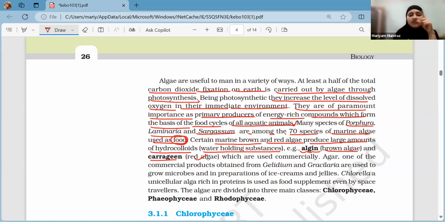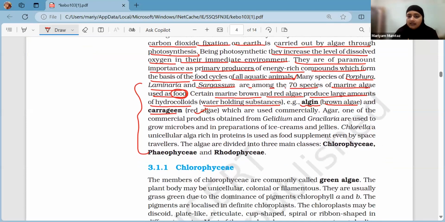See, this part they should have given later on. First, they should tell you that there are three types of algae: green algae, brown algae, and red algae. Then only they should say that this gives us this. Anyway, now you know that there are three types of algae. There is green algae, which is Chlorophyceae. There is brown algae, that is Phaeophyceae. And then there is red algae, that is Rhodophyceae. So moving forward, we'll keep this for the last. First, we'll discuss the three classes and then we'll move on.